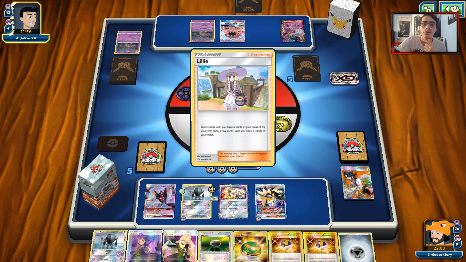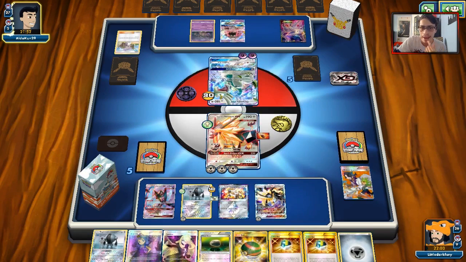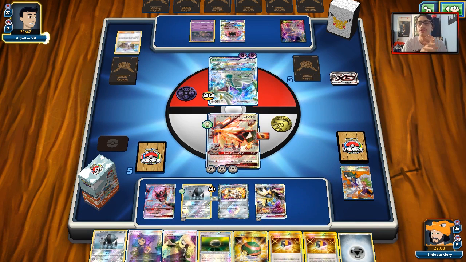Alright, he's going to do a Lily, so he does have a supporter. We'll see if he's able to do the 180 damage. That could be bad, and then we could potentially get knocked out following that. But no N is pretty good, because our hand is kind of nice. We have a lot of resources to work with. Does he get the 150, 180 damage off with the Choice Band? Nope. He just puts down Garbodor with no other...